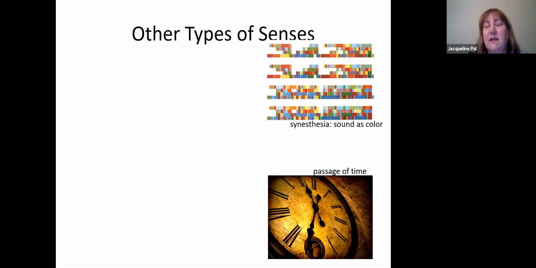The second sense is something called synesthesia, and this is where sound gets interpreted as colors. And for somebody who has synesthesia, this is their interpretation of part of a Mozart piece. So some people have this, and other people develop synesthesia when they're under the influence of, how should we say it? Things that you might have at Burning Man, like hallucinogens. And that's part of the reason why